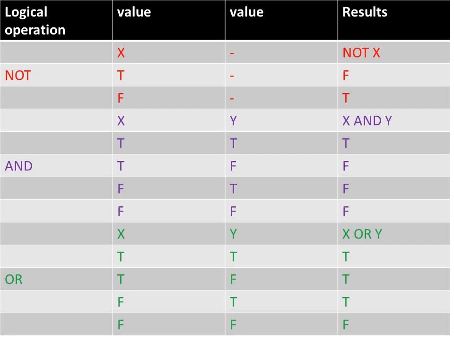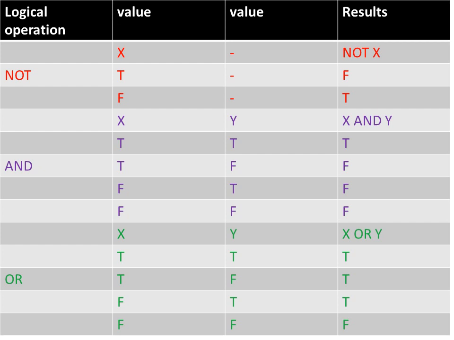Now we will discuss the AND operator. In this operator two values are given which are x and y. When we apply the AND operator on these values, it will give us the following results. If both the values are true, it will give us a true result. If the first value is true and the second is false, it will give us a false result, and if the first value is false and the second is true, it will also give us a false result. If both the values are false, it will give us a false result.